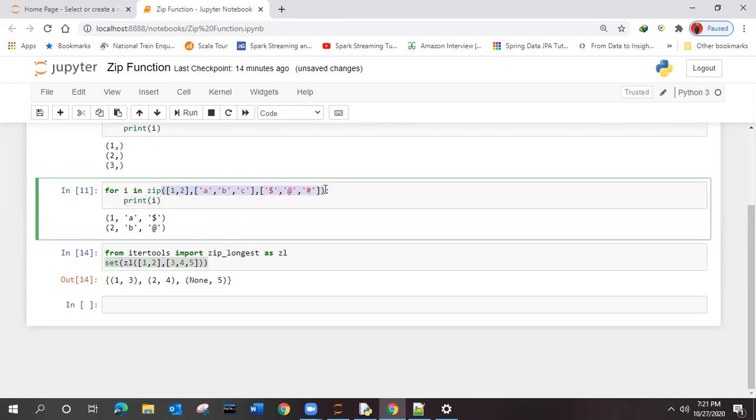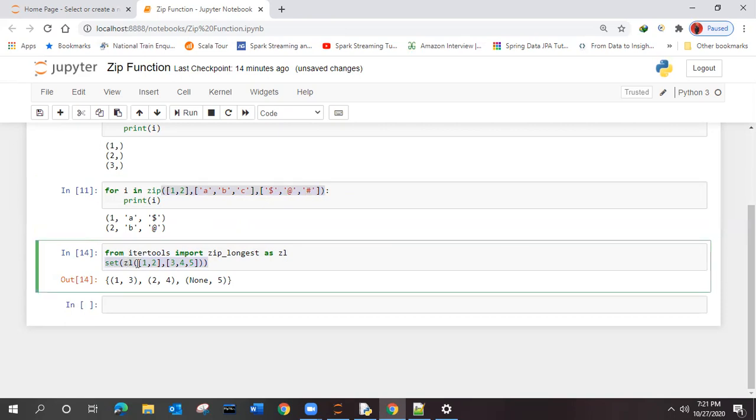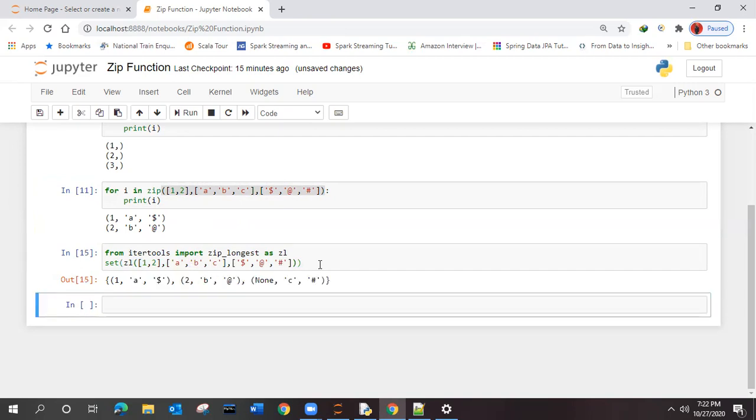We can copy this one itself, so it will be more clear. Now you can see the element which is not present there, None is shown up. Why? Because now we have extended the feature to give the longest zip.